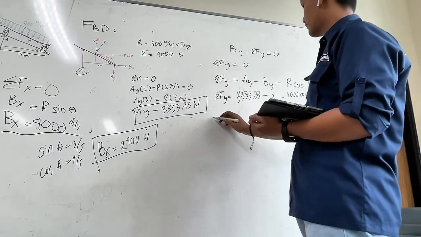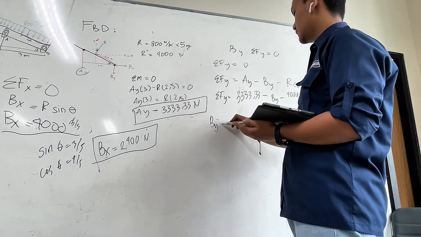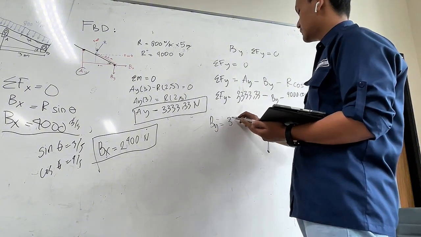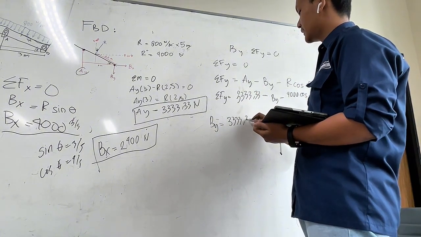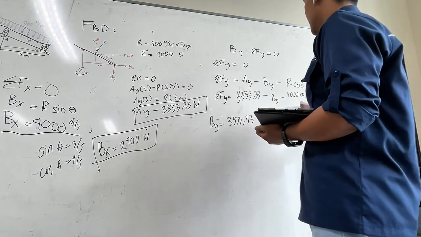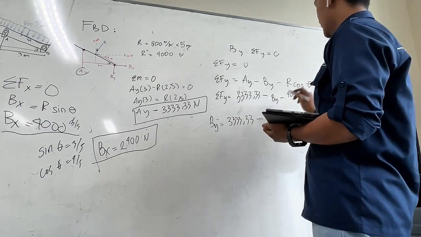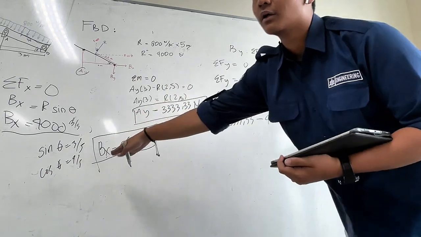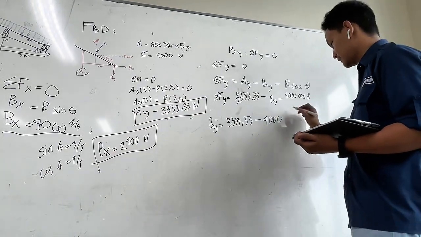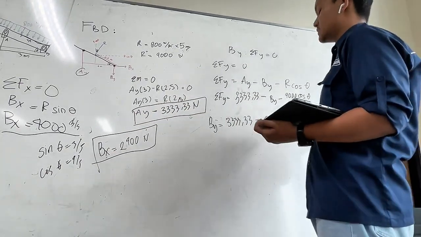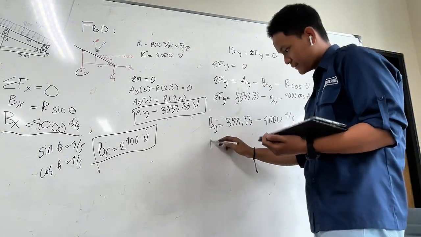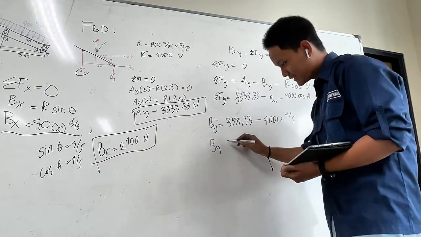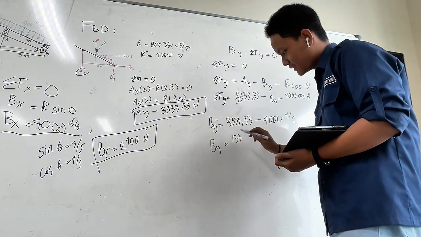So we find that By is equal to 3,233.33, subtracted by 4,000 multiplied by cos theta, which is 4 out of 5. Then you just need to calculate it, and you'll find out that By is equal to 133.33